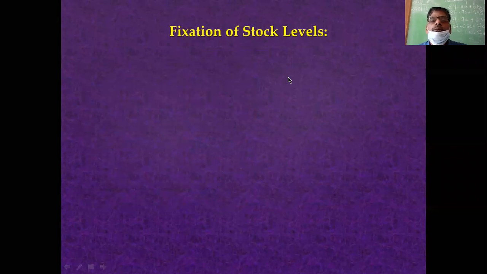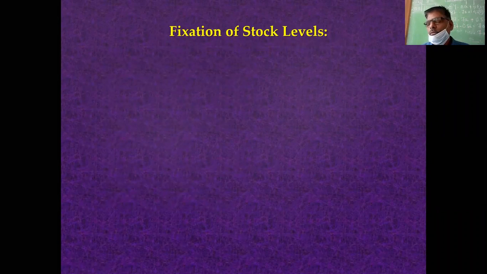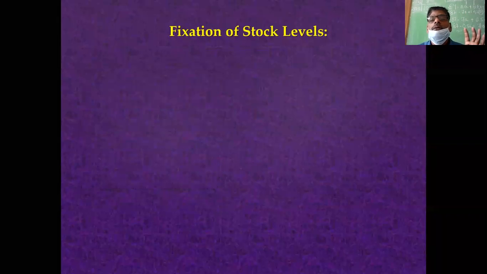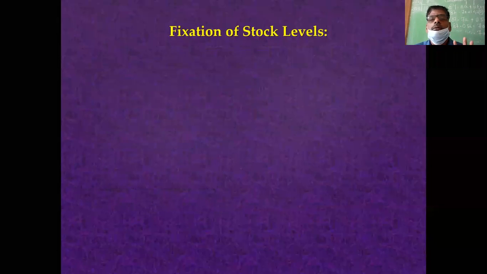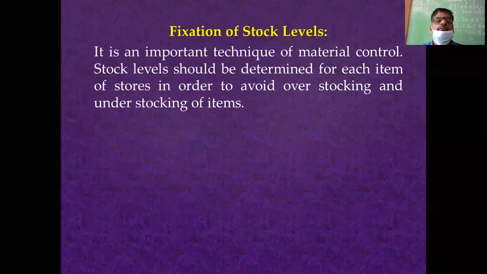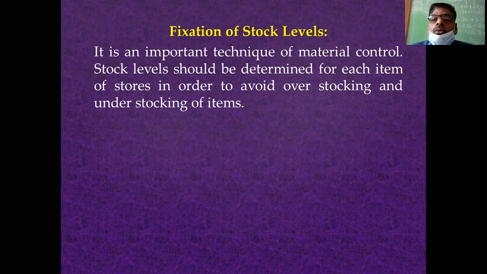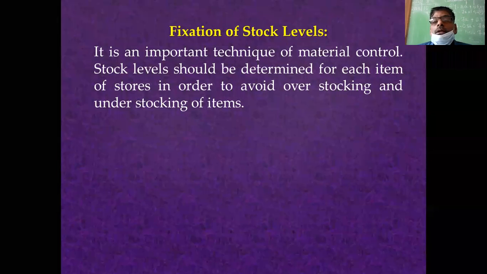Then first point, fixation of stock levels. As already told, the first technique is you have to fix the levels of stock. What are the levels of stock? First is maximum stock level, second is minimum stock level, third is average stock level, fourth is danger level, fifth is reorder level. There are 5 levels of stock. It is an important technique of material control. You have to determine the stock level for each item of store. Whatever materials you store in the godown, for each item you have to maintain the levels of stock,